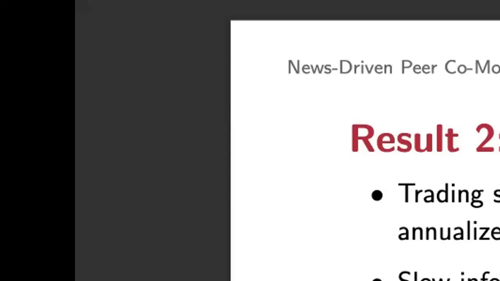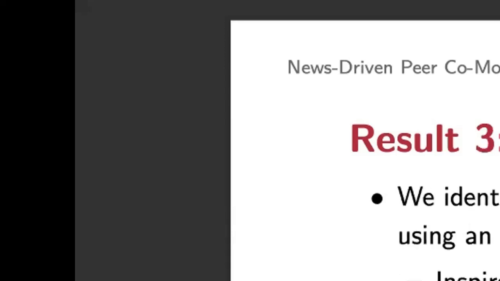And that's really something that's new and novel, not just in crypto, but potentially for other markets as well. And then the final set of results is going to really relate to how we identify peers in these cryptocurrency markets. We're going to develop a natural language processing methodology that reads online news and tries to understand when two cryptos that are co-mentioned in these online news are in a peer relationship. This is going to extend a previous methodology that Frank and I had in another paper.